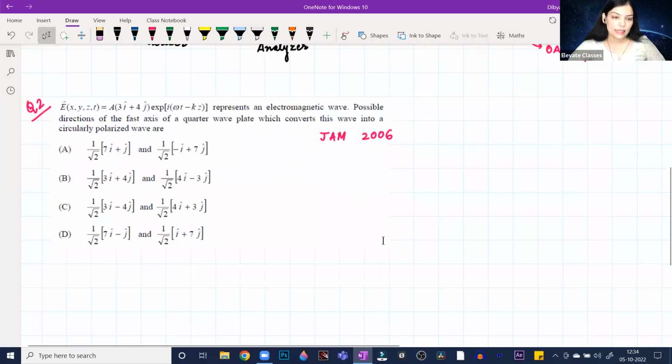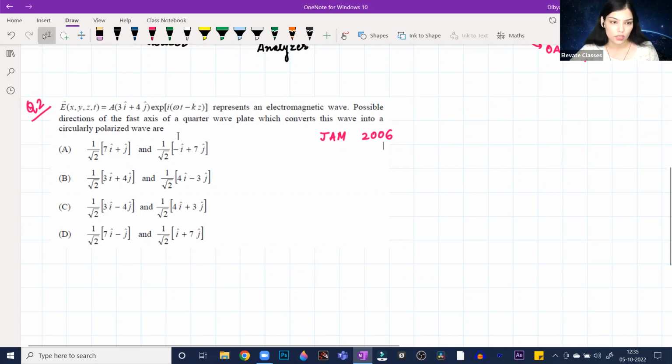So the question is saying that you have some electric field. So this is the incident electric field. Four options are given. They are the possible directions of the fast axis. What is the fast axis? The optic axis, okay? So the possible directions of the fast axis of a quarter wave plate, which converts this wave into a circularly